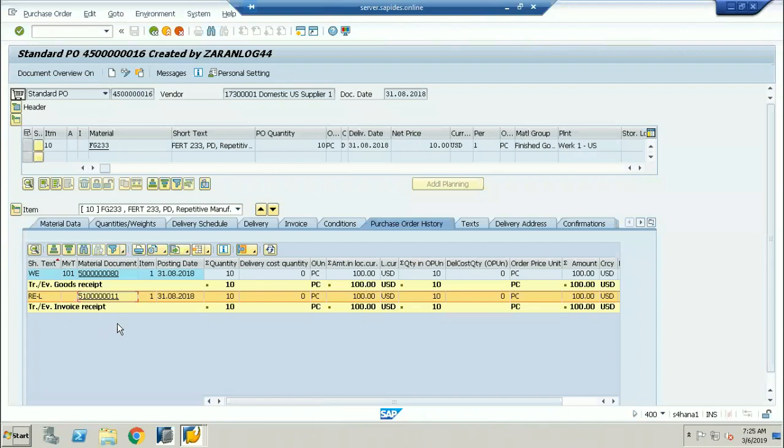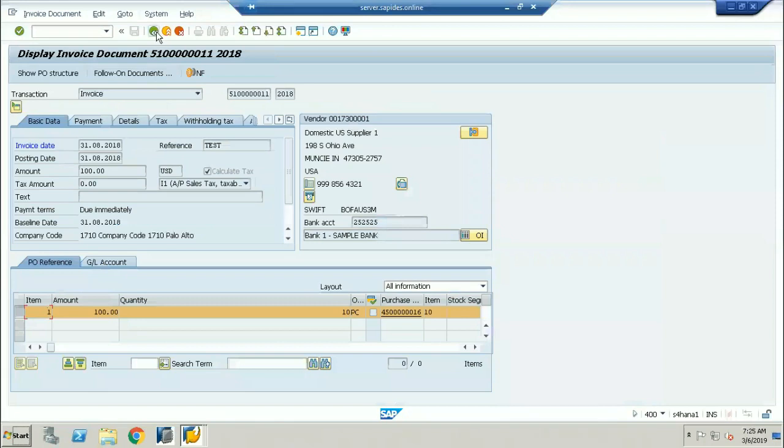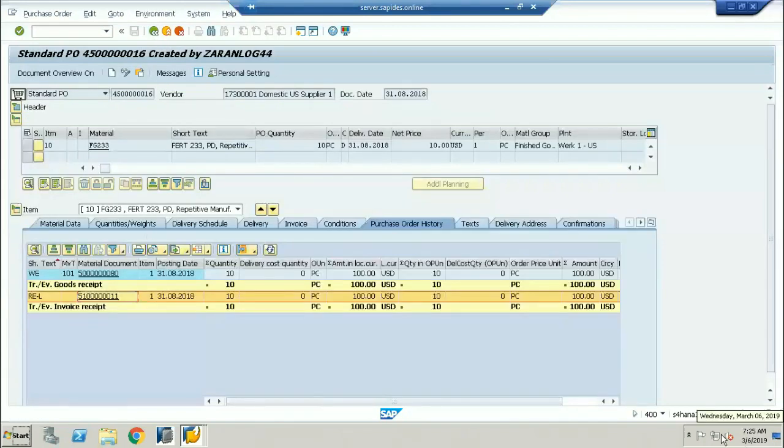I don't think so, sir. Why? Because see, this purchase order history, let me also check with my consultant, but this purchase order history will show only those line items, only those documents with the reference of the purchase order. For example, this is the goods receipt and this is the invoice receipt. Whether you are doing the goods receipt or invoice receipt, you are taking the purchase order number. So whatever documents you have posted with the reference of this particular purchase order, only those document numbers, the flow of the document numbers, can be seen. But now the $100 which I need to clear,